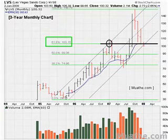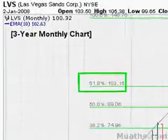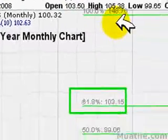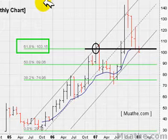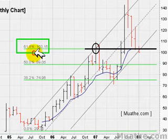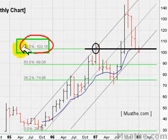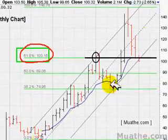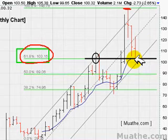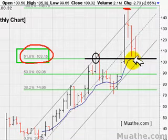And our first pick for this year is LVS. We are looking at a 3-year monthly chart where we see that the stock is coming into an area where it is now retesting the 61.8 retracement. If you take the all-time low and the all-time high, we see that the stock has now retraced some of its gains from October and is now testing this